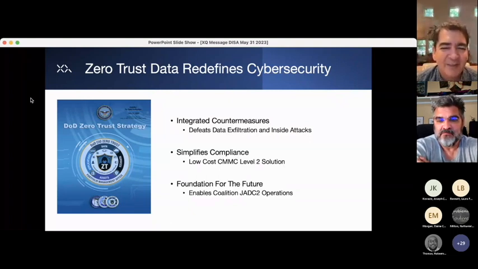And then also, as we've mentioned, zero trust data is a foundation for JADC2 or CJADC2. Its ability to scale, it's scaled to millions of endpoints without sweating, the ability to run different algorithms, the ability to have hundreds or thousands of policy servers in parallel, the ability to create an encrypted network for coalition operations, which might be only 2 days long. And then after you're done, basically wipe everything out, really is kind of revolutionary. So with that,